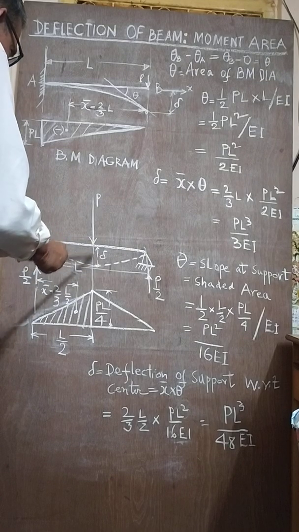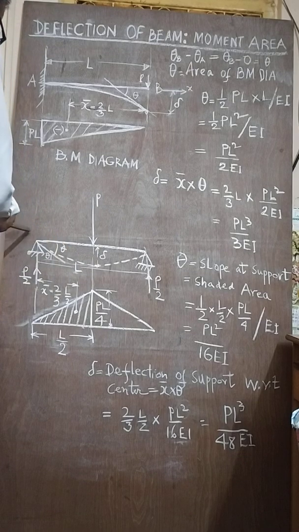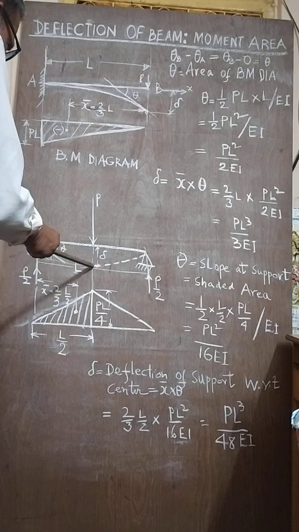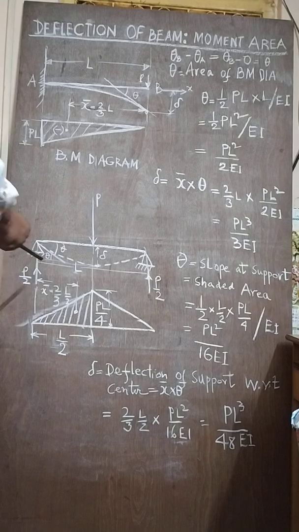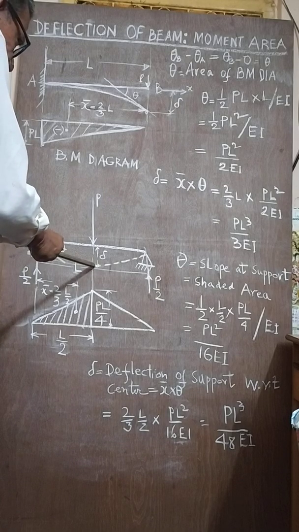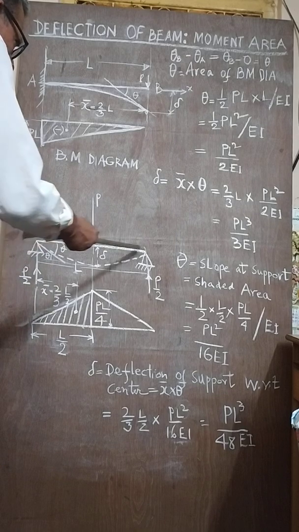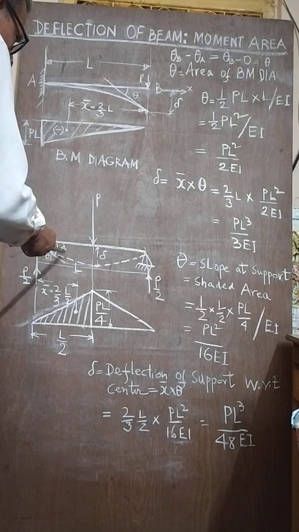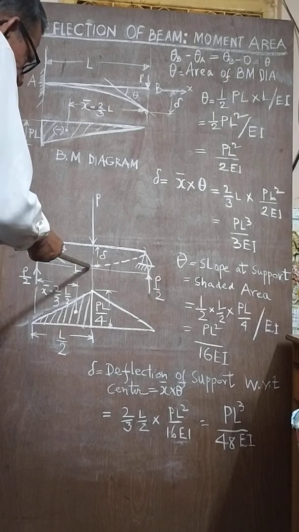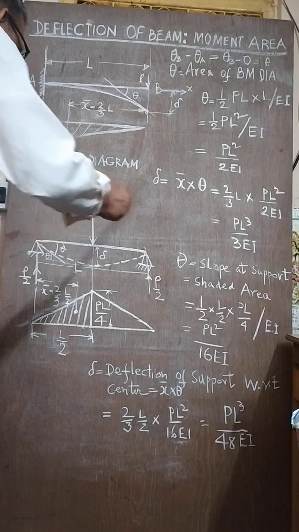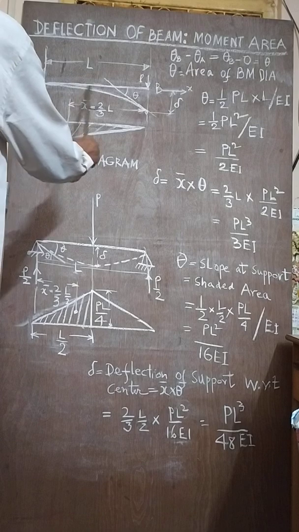of the beam can be measured from the tangent at the point, and the difference between the tangents at these two points, the central point and this point, is the theta. So theta is the theta because this tangent is 0. This point A and B, whatever we call it, are the end points, because these two points are the same as far as the central loading is concerned. So theta is the angle between the tangent at this point and this point. The dotted line is the elastic line, or deflection line.